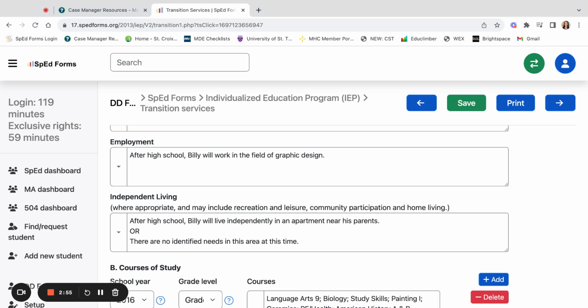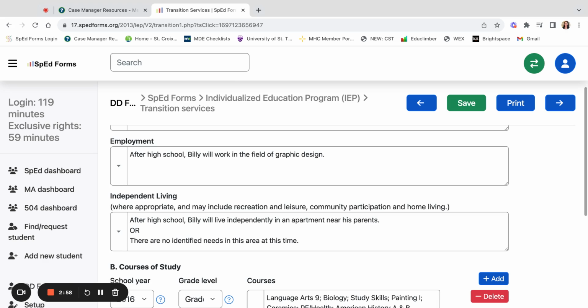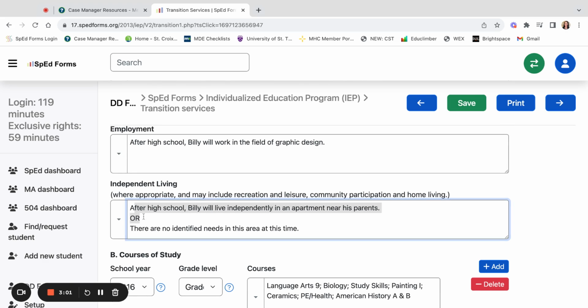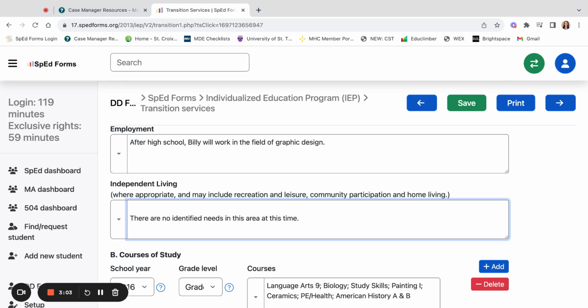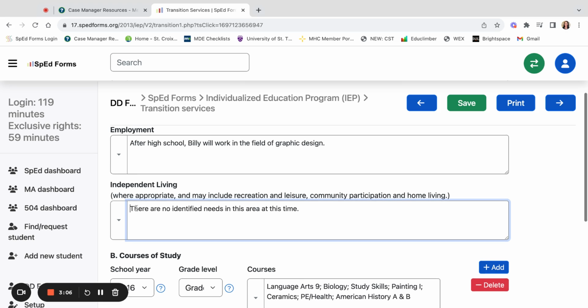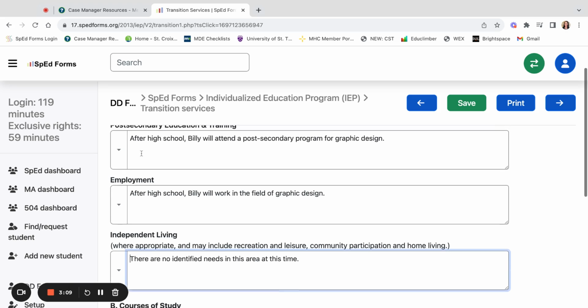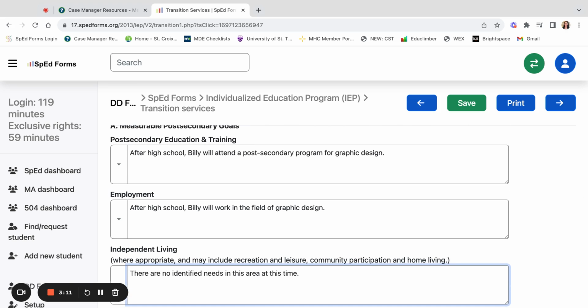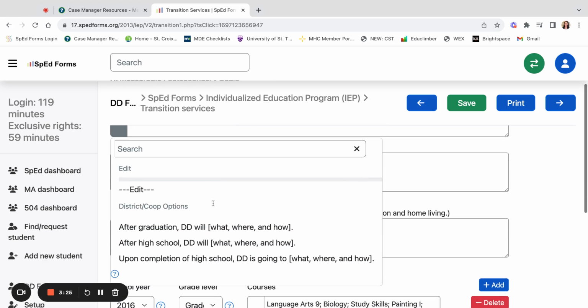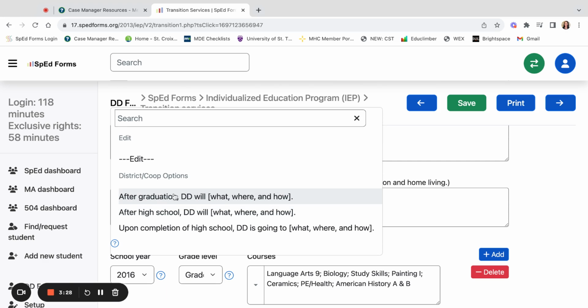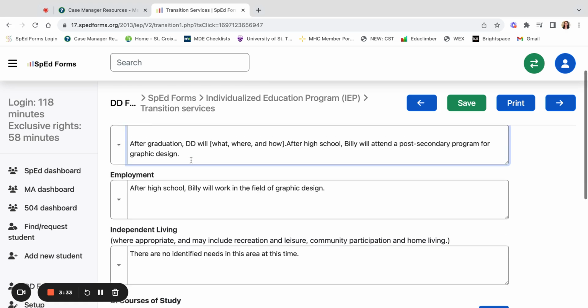So if this was a need that was identified in that evaluation, that's maybe what I would write. Or there is no need identified in this area at this time. So once again, we're ensuring that this is an accurate picture of what Billy wishes to do after high school upon graduation. And we're following the formula that includes Billy will, etc. These drop downs are a great template to use, and I would encourage you just pick one, plug it in there,